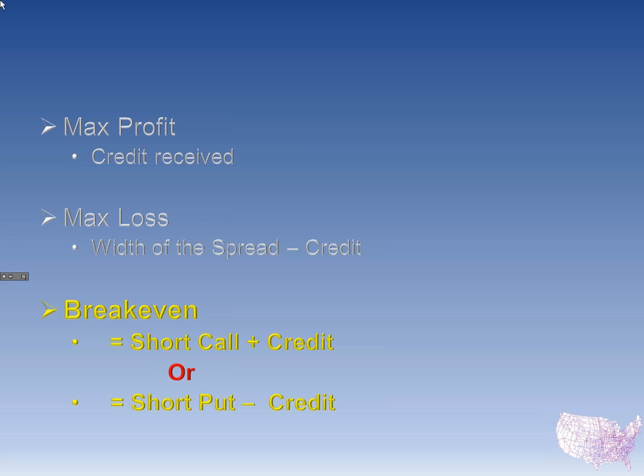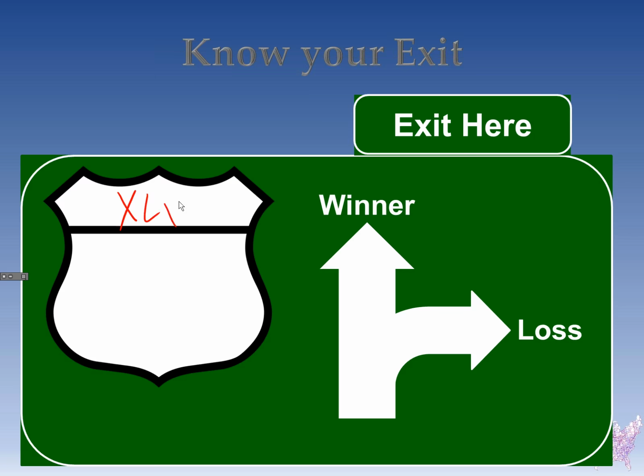Our break even is going to be the short call plus that credit received, because our break even increases by that credit received. So a short call, which is that at the money, and in our case we were collecting $7 and some odd cents. So my 122 strike plus the $7 to the upside is my break even, and the 122 strike on the puts minus that credit is my break even to the downside. Anything past that, that's where we would start to lose money, till it was defined. All right, so we already talked about this. It's XLK, and we're taking the iron butterfly.